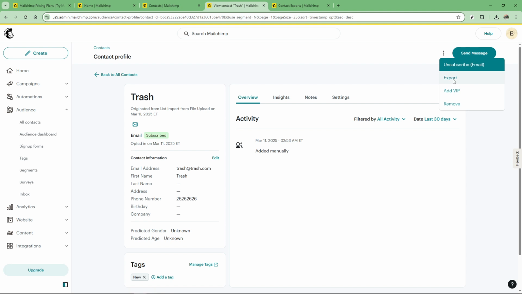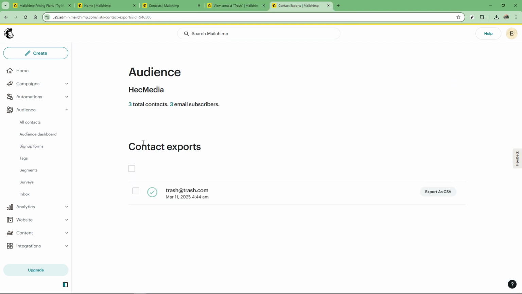Now here comes the convenient part. When your export is ready, Mailchimp will send you an email with a link to the download page. So make sure to keep an eye on your inbox for this notification. However, if you prefer to download the export directly without waiting for an email, you can also do so right from your Mailchimp account. Just follow any additional prompts you might encounter, and you should be able to access your